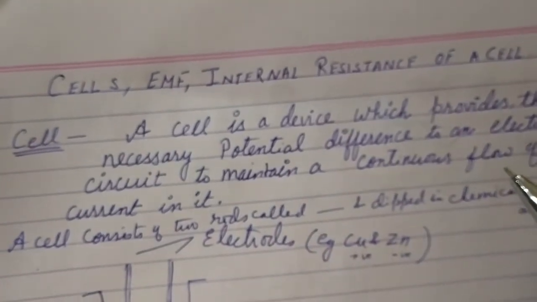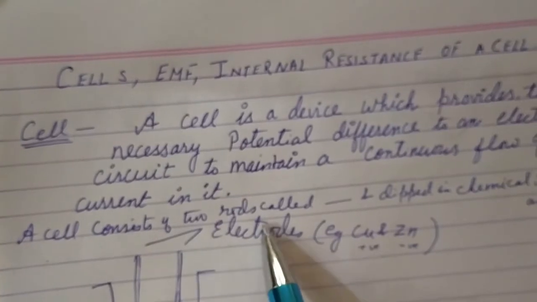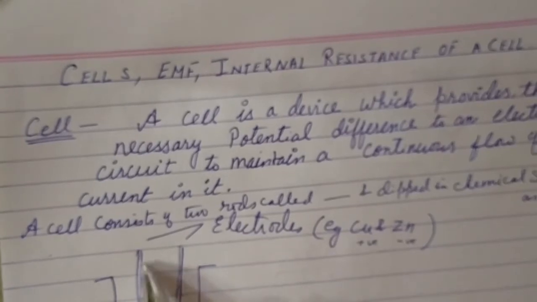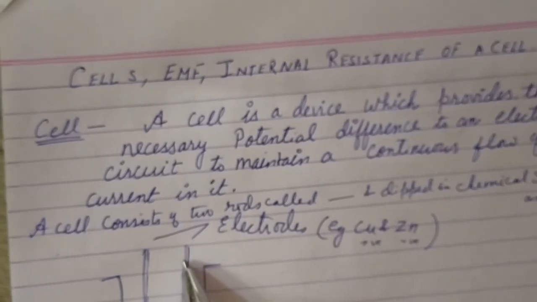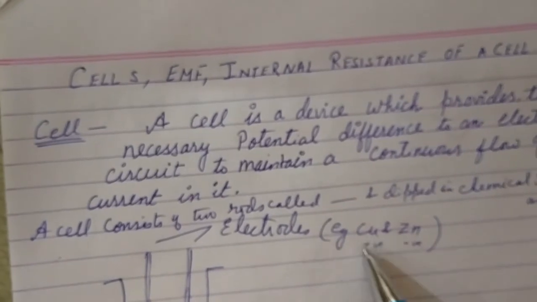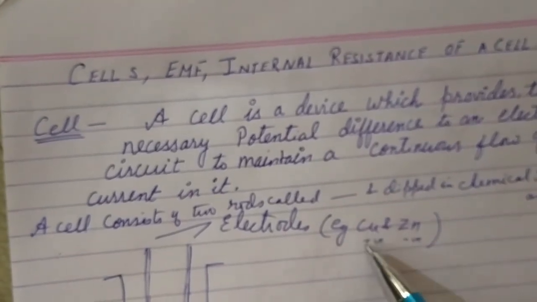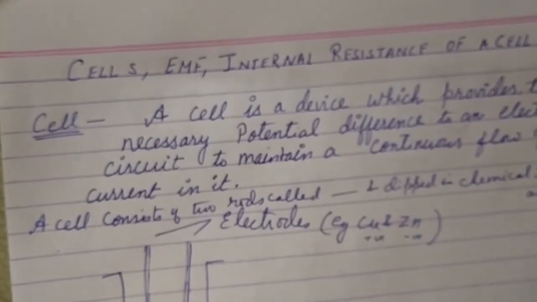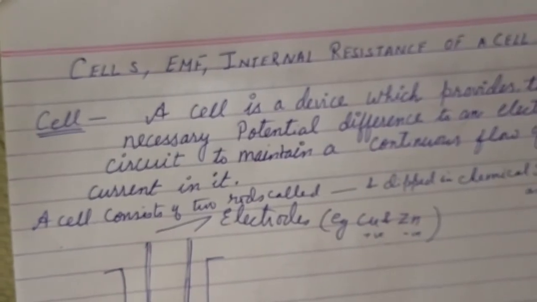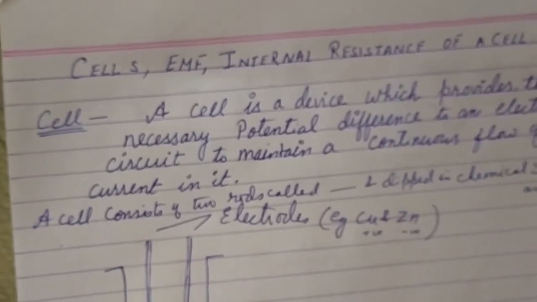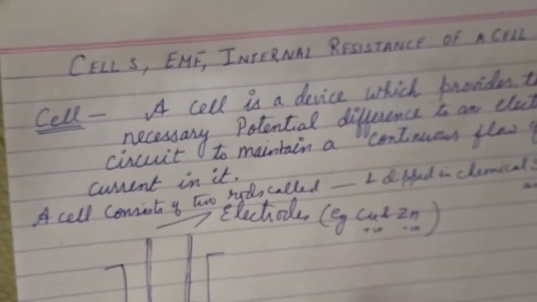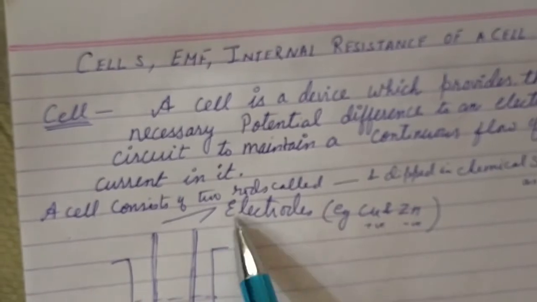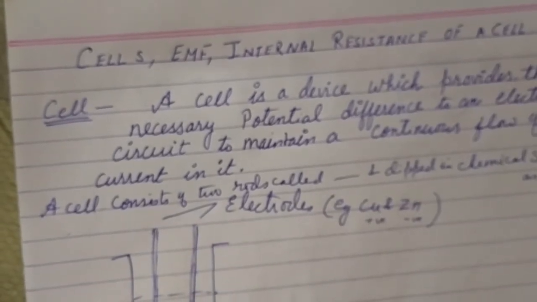Now our cell consists of two rods, that is known as electrodes. In the cell, two rods are there. We call them electrodes. One is positive, the other is negative. For example, copper and zinc are dipped in a chemical solution, and that solution is known as electrolyte. So we don't have to study the construction of a cell. Just a cell consists of two rods known as electrodes, and the solution is known as electrolyte, for example